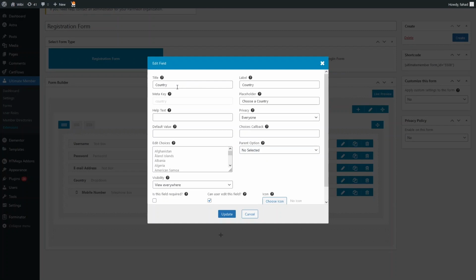Now if I just click on the country here, you will be able to see the field of the country. So in the country, you can see we have the edit choices here. So from here we have the list of the countries that we can select as a choice. Okay, so we also have the parent option, we have the choices callback, and we have the privacy,